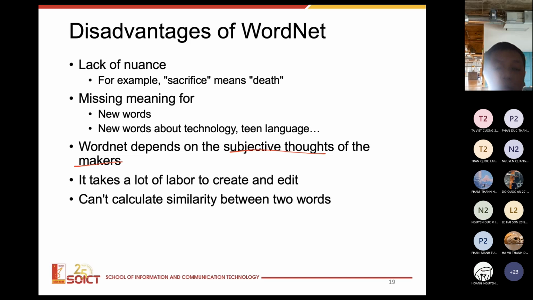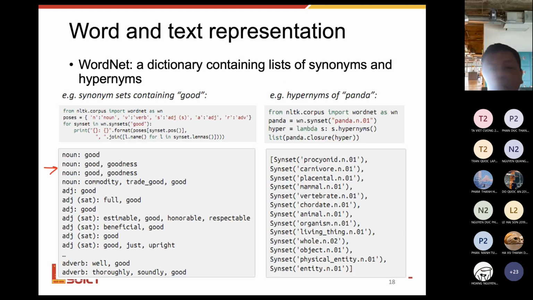And it takes a lot of labor to create and edit WordNet. As I told you, this is a manual task where we build WordNet by having real humans see the words and add elements to WordNet, right? So it really needs a lot of human resources to maintain and create WordNet, right? So it's not a scalable way to build WordNet, right? And even though we have WordNet with synonyms, hypernyms, and some information about the word such as noun, adjective, whatever,